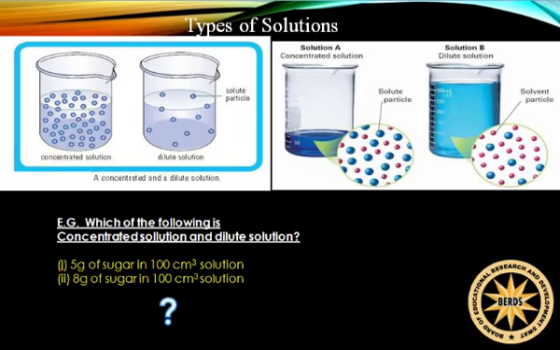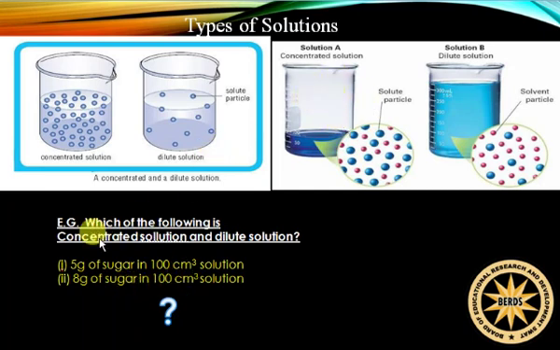so this one is a concentrated solution of sugar. And in the next diagram, here we have solution A and solution B. Here on the molecular level there is a large number of solute particles present in the solvent, and here we have a large number of solvent particles and a little amount of solute. So this one, where the solute particles are few, is a dilute solution, and this one in which the solute particles are enormous in number is a concentrated solution.